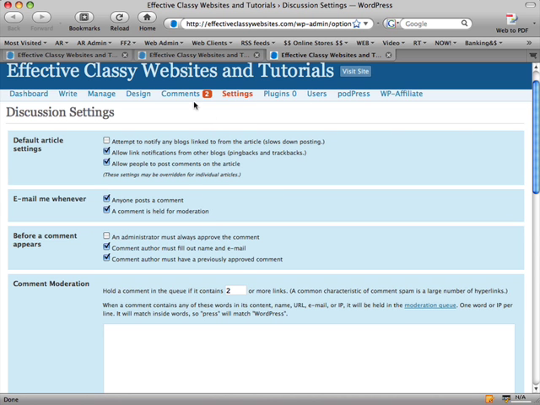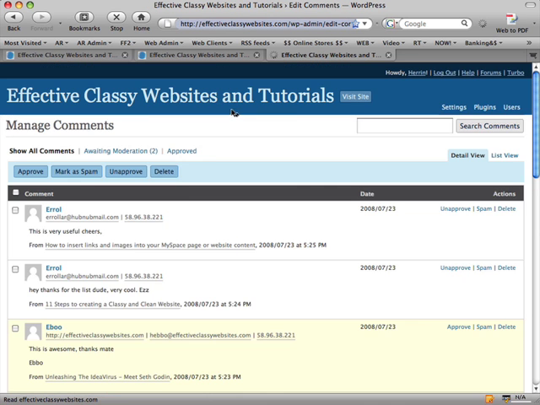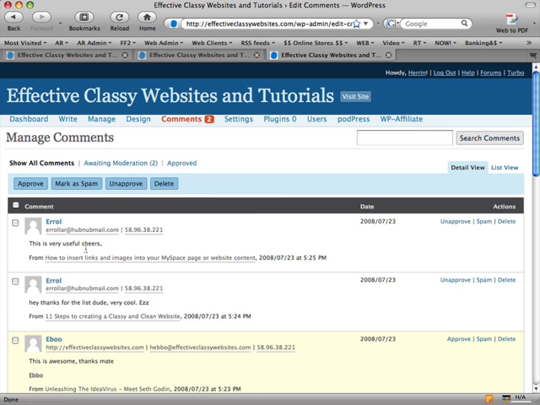And when you do want to manage your comments, you can either do it from the dashboard or you can click on the comments tab. That number up there shows you the number of comments that are in moderation. So if I just click on comments, it takes me to the edit comments page. So here I can see the latest 3 people that left comments. If I click on that email address, that will load up my email client automatically and I can send them